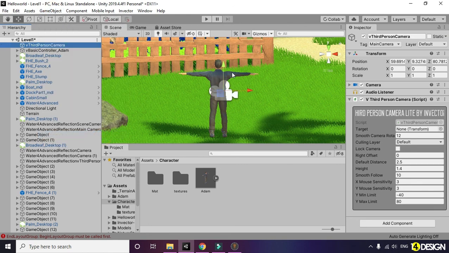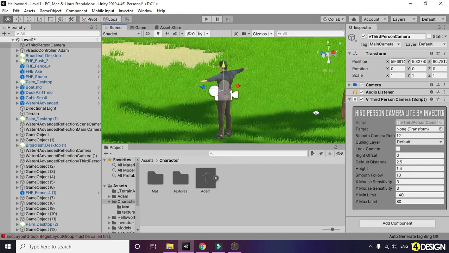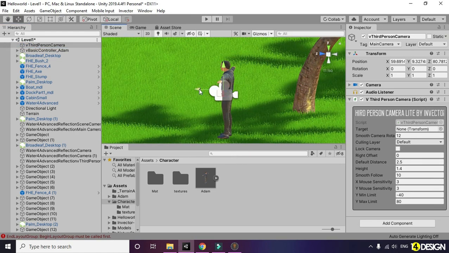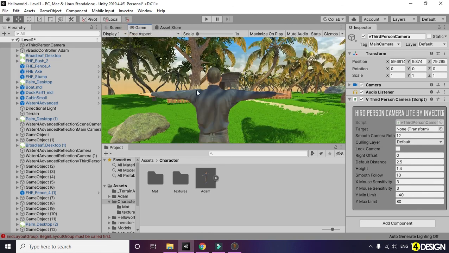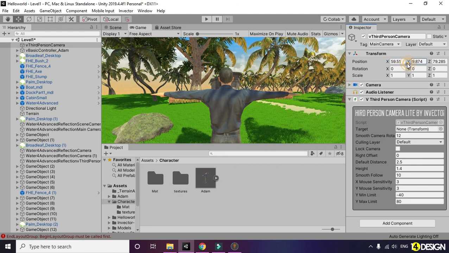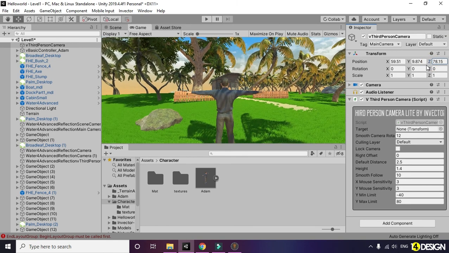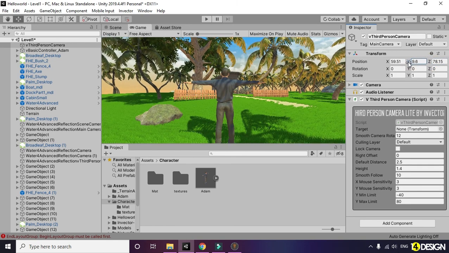What this option does is bring whatever game object you are selecting in front of your viewport. As you can see, the camera is here. Now let's go to the game view and see. Select the third person camera and use the inspector panel to position it a little bit. Oh, sorry, too much. Yeah, I think this is good.